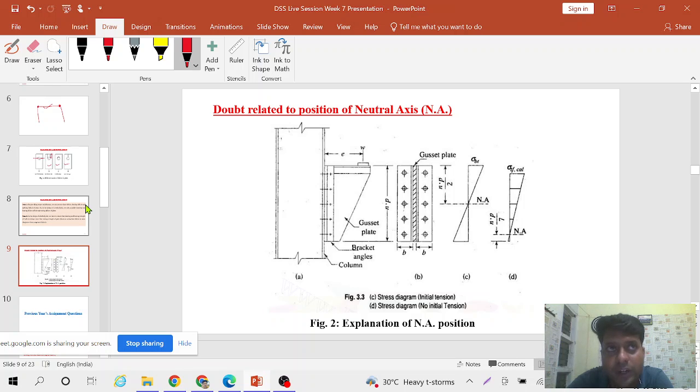In the gusset plate, what we try to do in the practical implementation, or in the design, is to make each and every force pass through a single point. Let us suppose